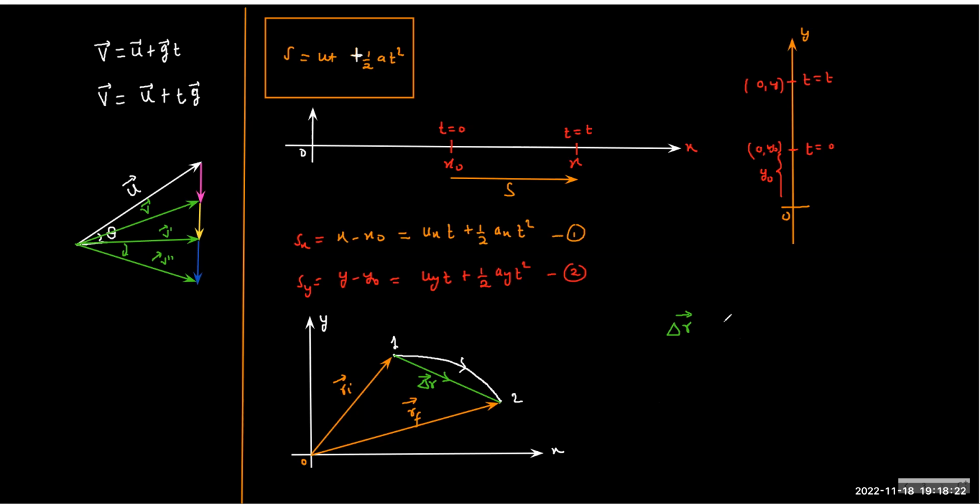Okay, so the delta R is called the displacement, and we can write it as u vector into t plus... And particularly when we talk about the projectile motion,